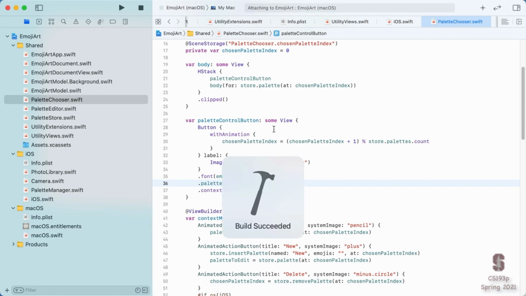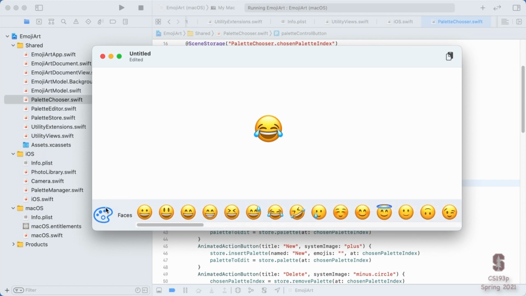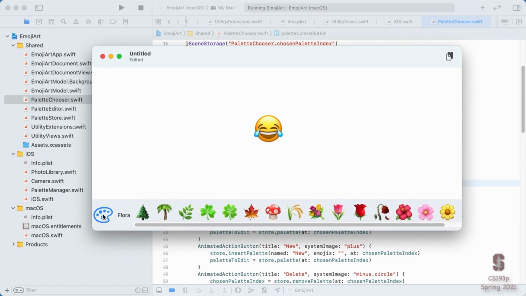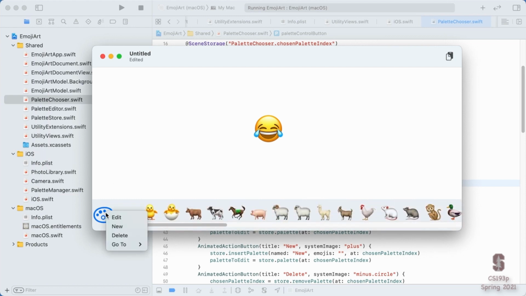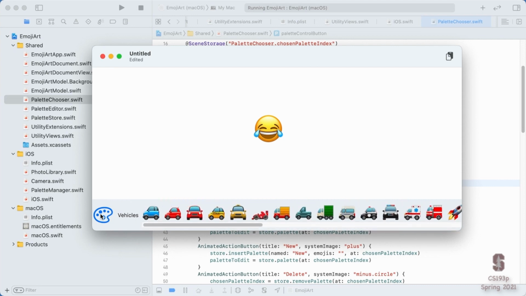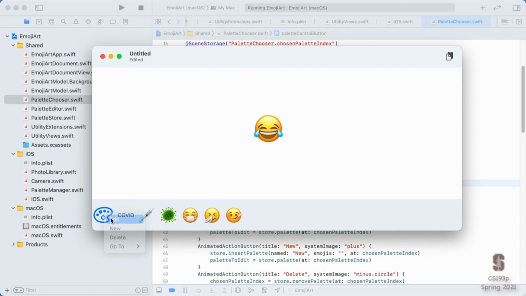Let's take a look at some of the rest of our UI here on the Mac. Clicking works to do this, but I'm pressing and holding. Oh, this is not putting up my context menu. That's because on the Mac, you don't press and hold. You right click. There it is, right click. Go to sports. Ooh, working. How about delete? Sports are gone. No more sports. How about edit?